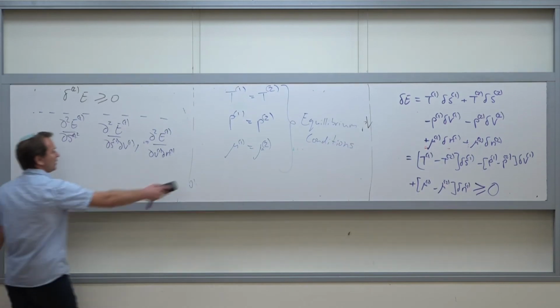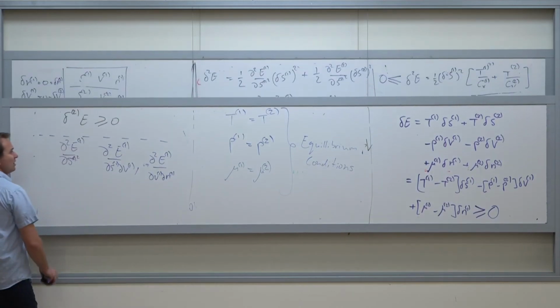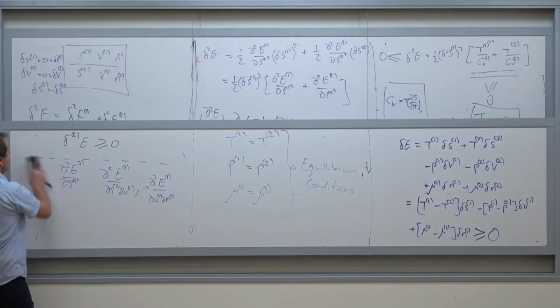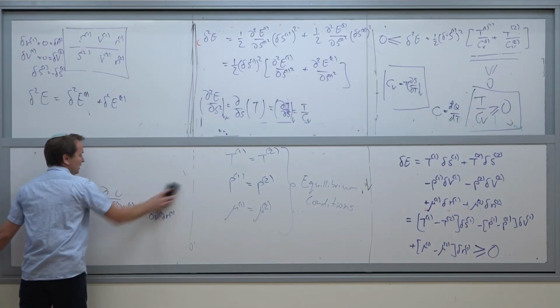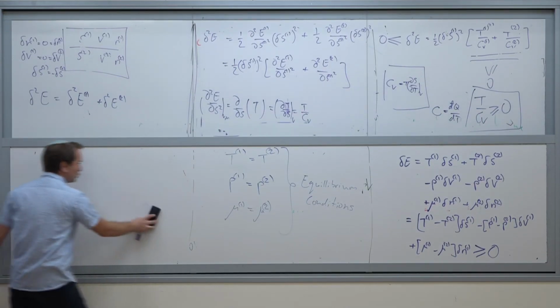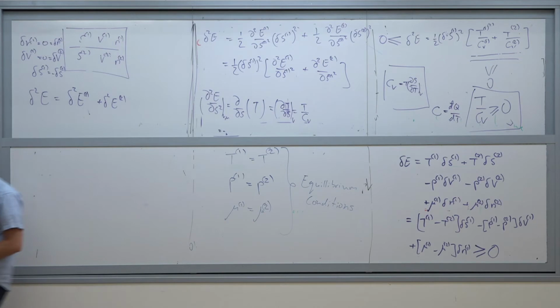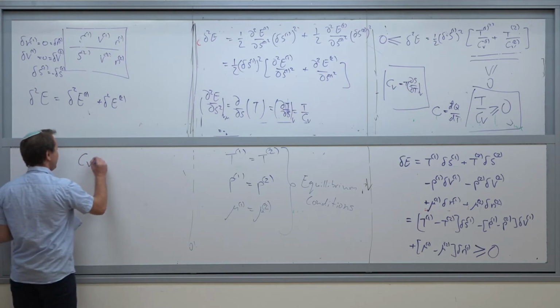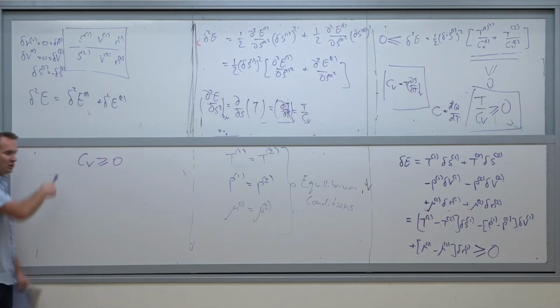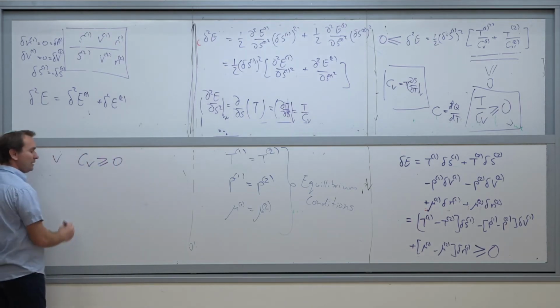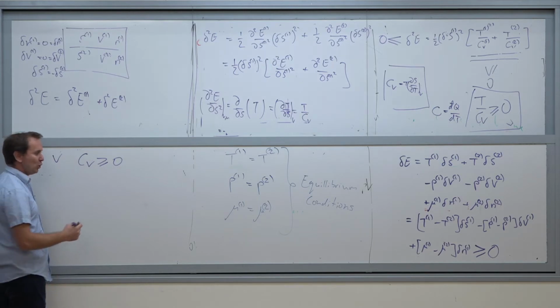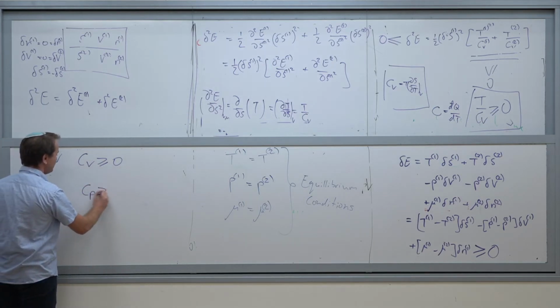So, if those are equilibrium conditions, in order to reach them, I need CV greater than 0. This we show. Okay. We can also show, and you will show it in your homework, that